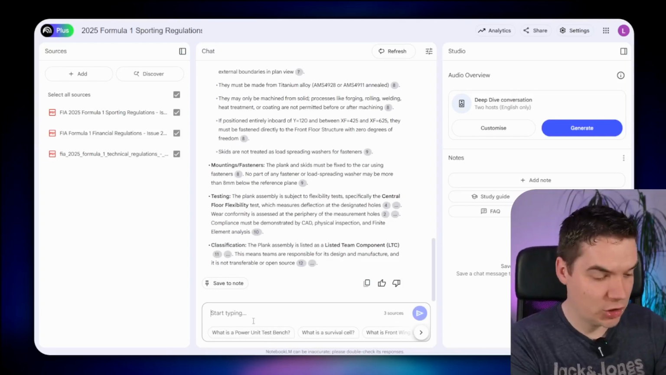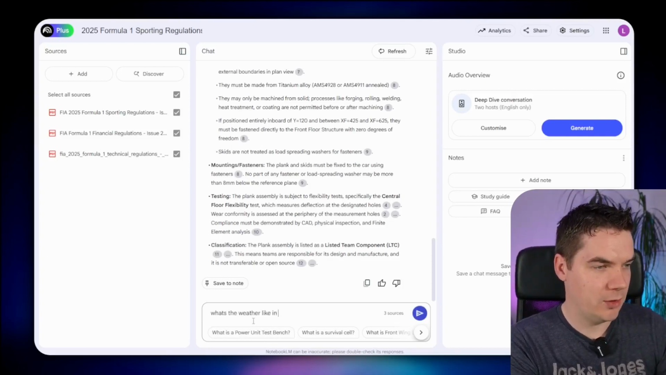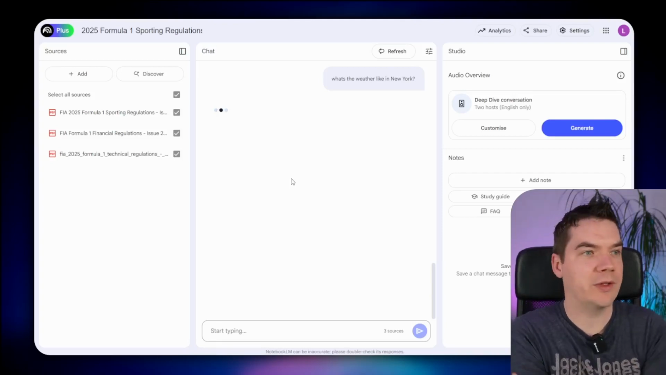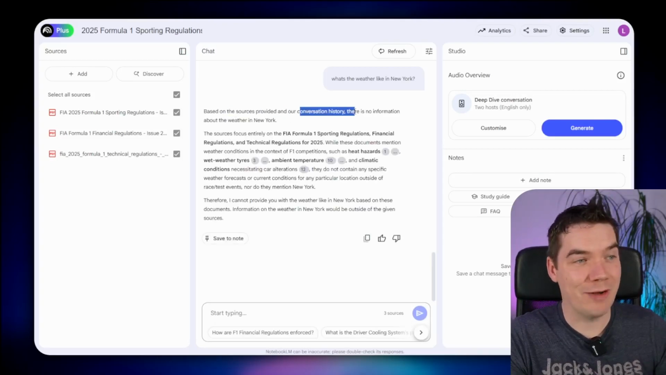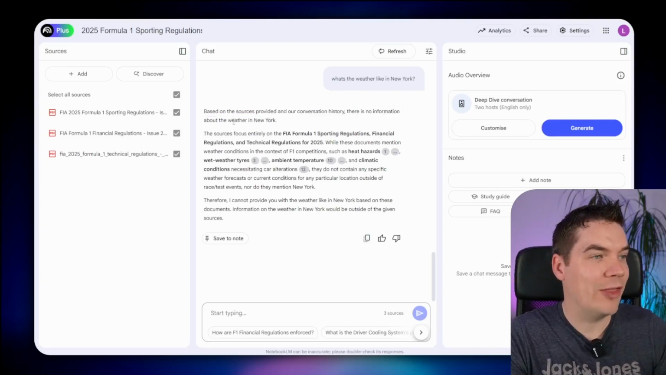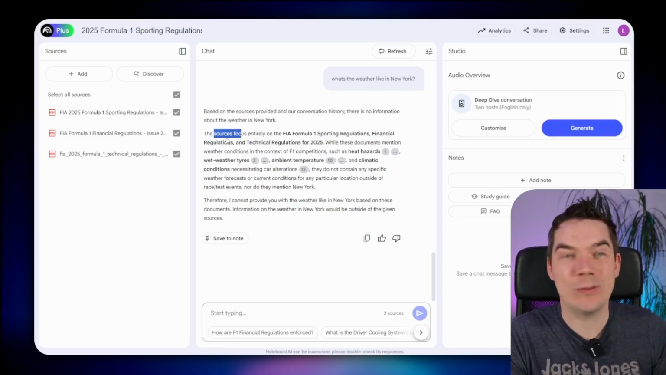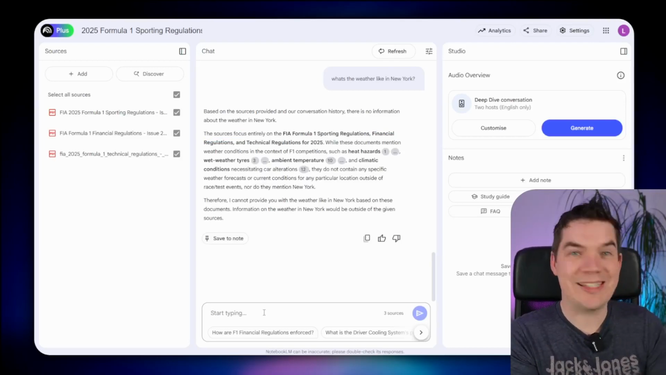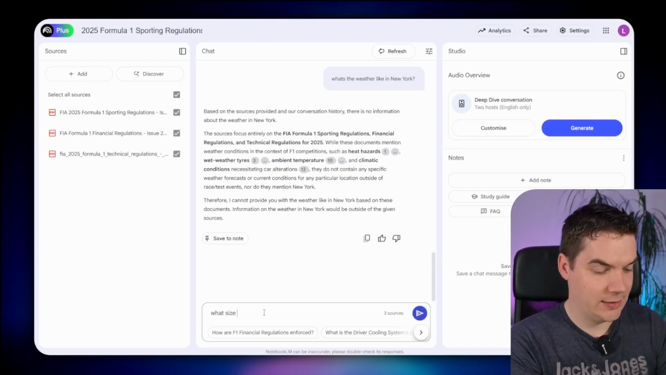If I ask a different question now, what's the weather like in New York? It's going to look into those documents and it's not going to find anything that's of relevance. Based on the sources provided and our conversation history, there's no information about the weather in New York. And then it explains what the documents are about. So that's what's great. And if you ask another question, which is semi-related, what size tire is fitted on an